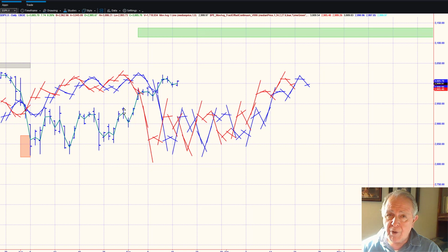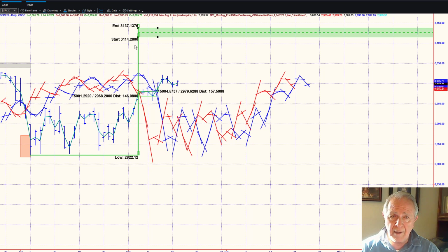When prices cross above or below the offset lines, you get a nominal 10-week projection. That's what happened a little over a week ago. We got the initial move above the red line here. The projection is not confirmed until it gets above both lines. It did that right here, and so we now have a nominal 10-week upside projection, and it calls for a